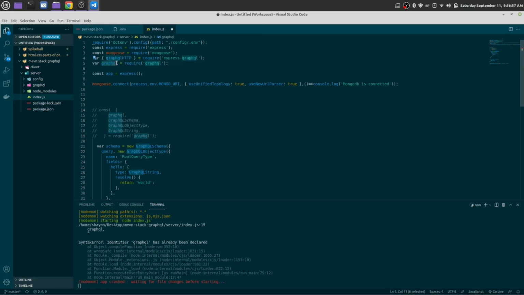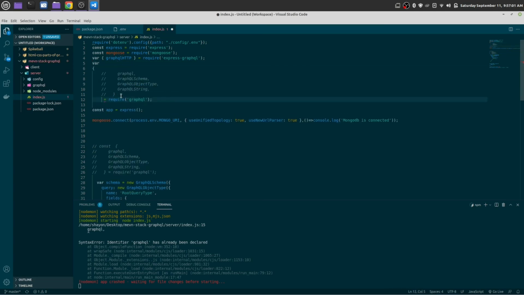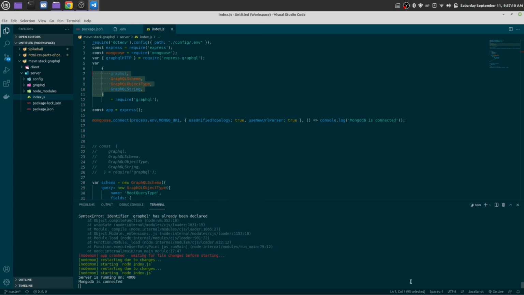Here we are going to use this as well. Let me uncomment it so it will work perfectly. Now it should work. You see, the server is running on port 4000 and MongoDB is connected.